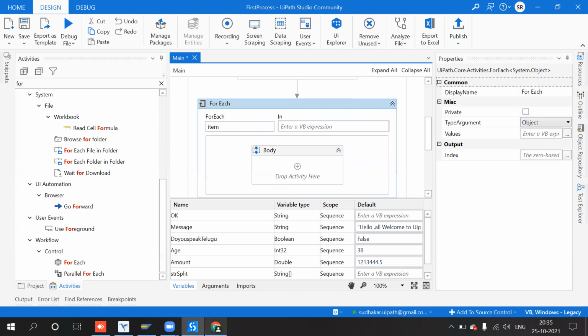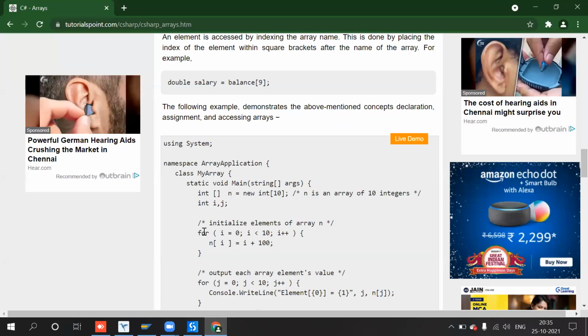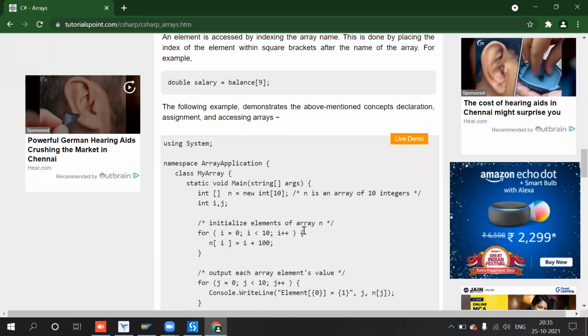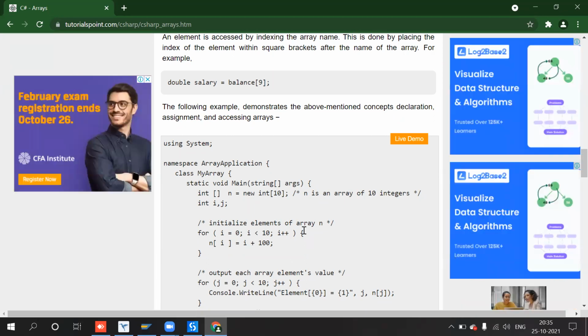Okay, when it comes to a programming language, see here, for. Inside that we have to define, so here they have defined integer i, where i equal to 0, i less than 10, and then i plus plus. So if you know the length of the array, then we can provide 10. If we don't know what the length is, right? So while defining an array we have to tell what the length is.